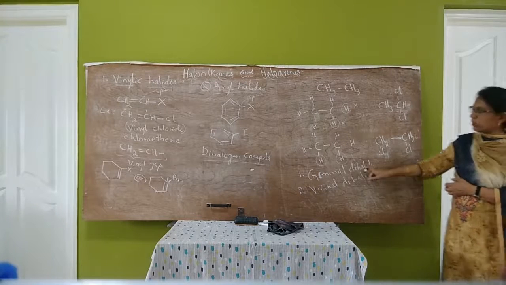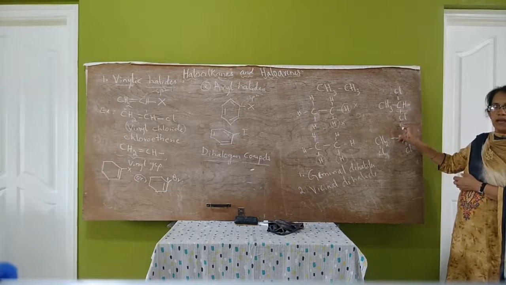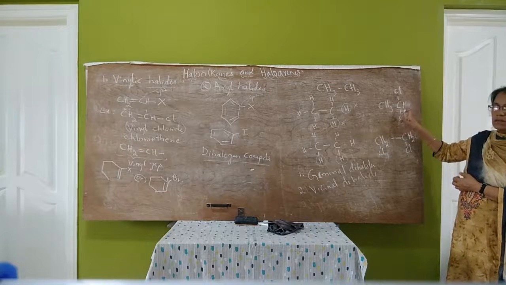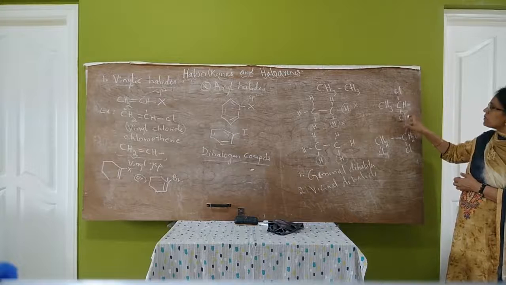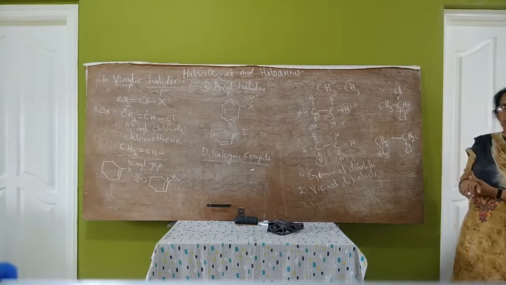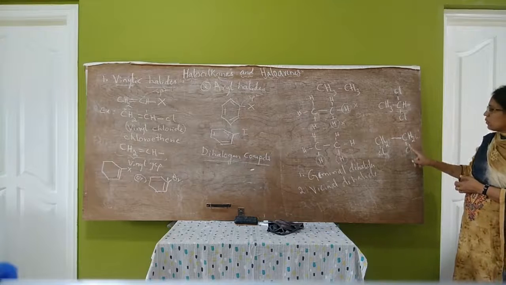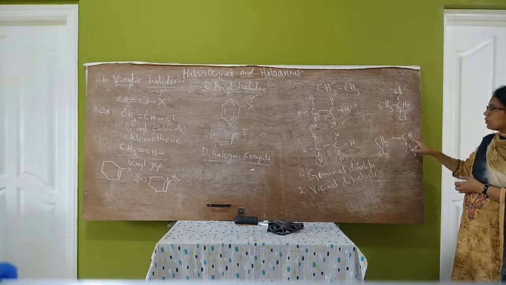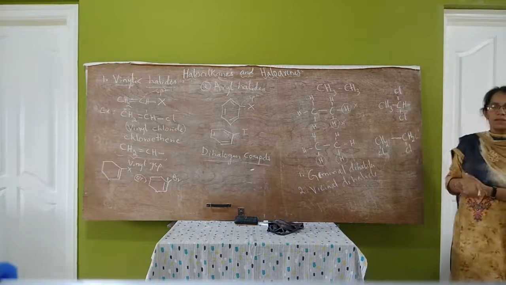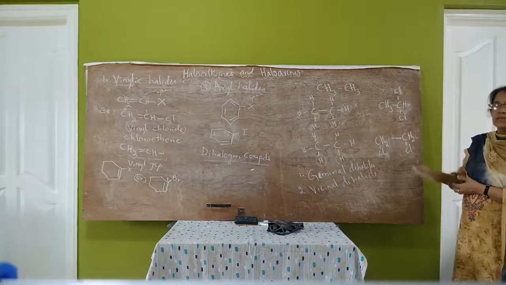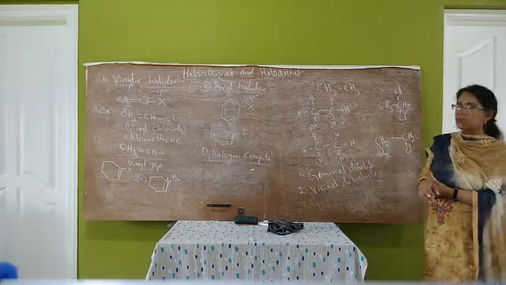So what are geminal dihalides? These are the dihalides in which both the halogen atoms are attached to the same carbon atom. In vicinal dihalides, the two halogen atoms are attached to two adjacent carbon atoms. So this is about classification of